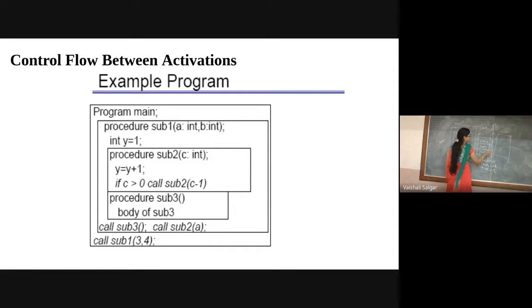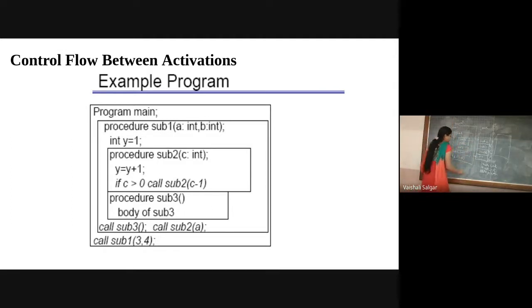These are called access link or static link, or if you are referring to the books, they are also called access pointers or the static pointer, which will mention from which particular procedure it is calling. So from main I call sub 1, from sub 1 it is calling sub 3, from sub 3 it is calling sub 2, right? Now, this is my access link or static link or static pointer. So in this way, whenever there is a procedure, it will be called.